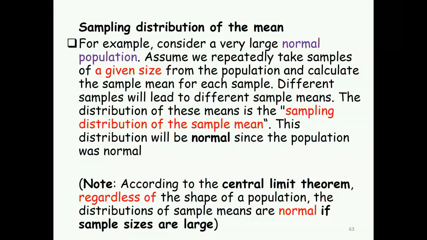So what this one is saying is that as long as you take enough samples, we don't care whether the height of the whole students is normally distributed. Regardless, if it is normally distributed, fine. Any sample size would be fine, it will be normally distributed. What about if the population is not normally distributed? Then you have to have a large sample size.